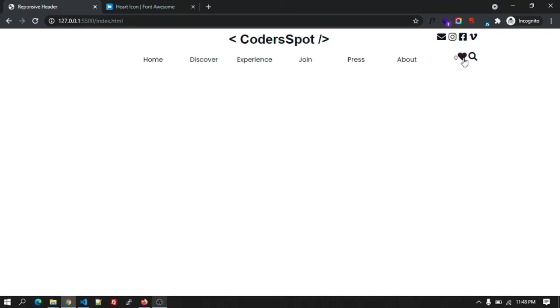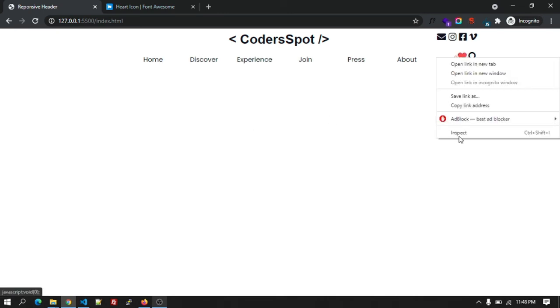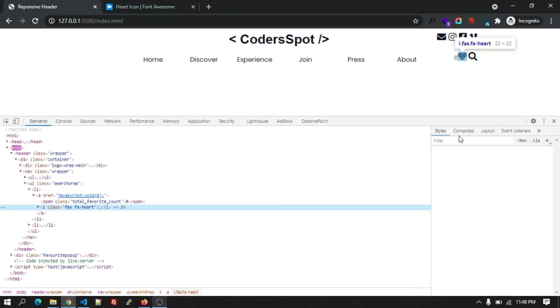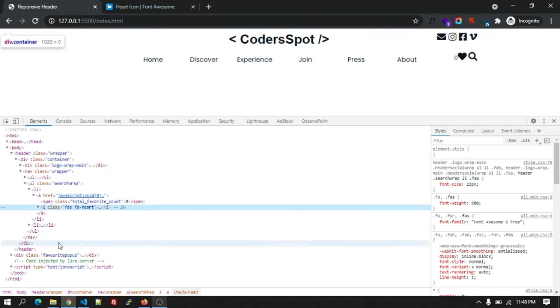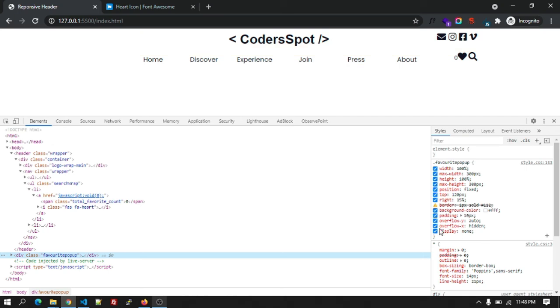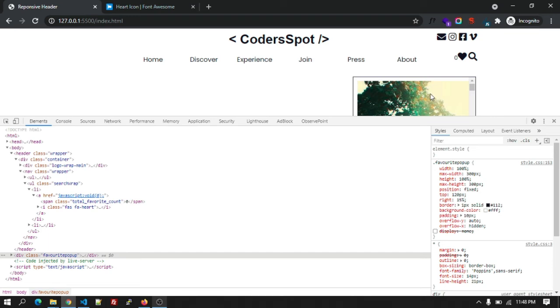Okay, I have given the display none, that's why it's not showing. Let's open the favorite pop-up and let's remove the, sorry, there will be some spelling mistake over here, solid, and let's remove the display none.